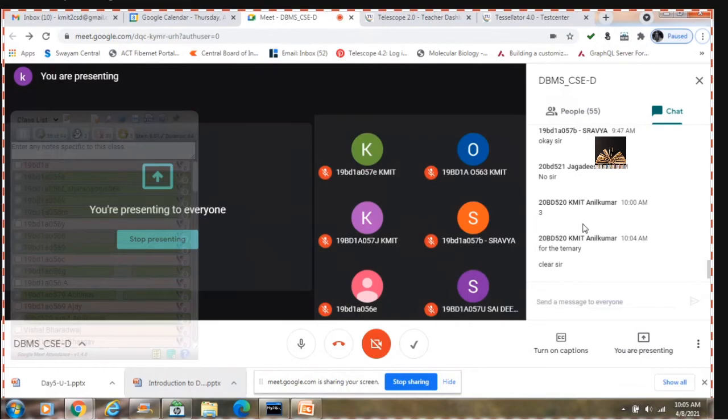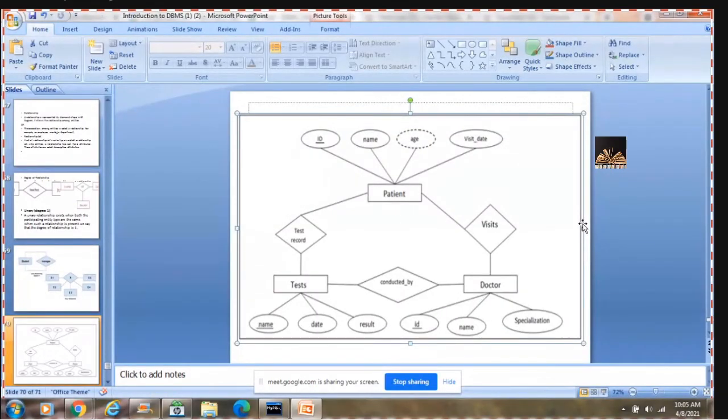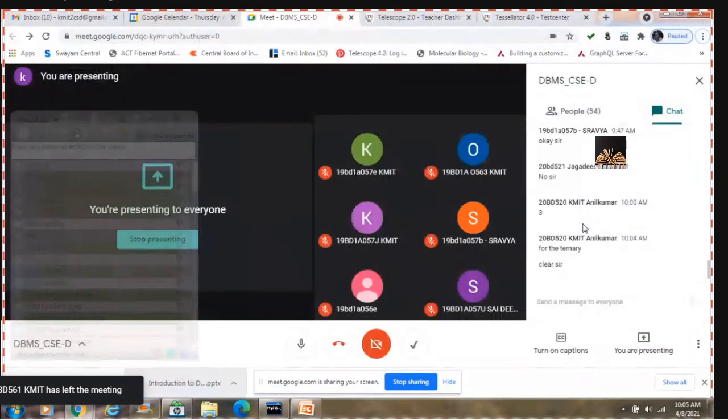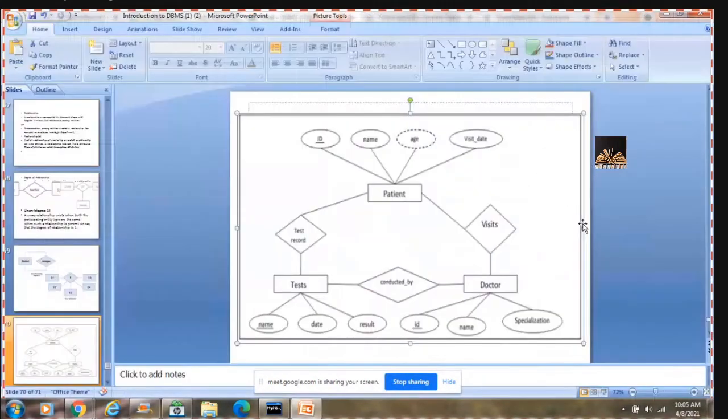See, I put a small ER diagram with respect to a small clinic. Now, what I want you people to do is, you have to identify what are the kinds of entities and attributes that are existing in this particular ER model.